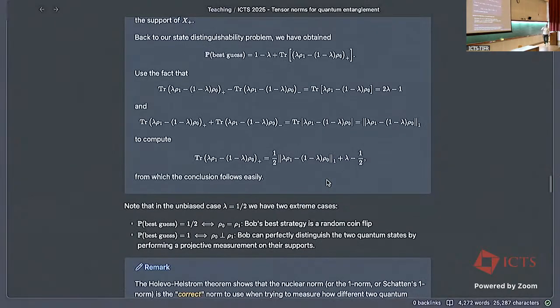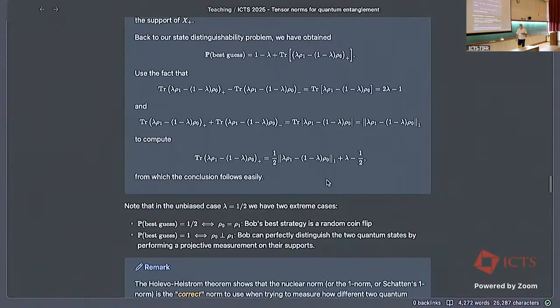Okay, good. So let's look in detail at what happens when lambda equals 1/2. Basically, when Alice's coin is unbiased, so she chooses randomly whether she sends rho 0 or rho 1. So in the formula above, it's 1/2 plus this norm. So basically, if